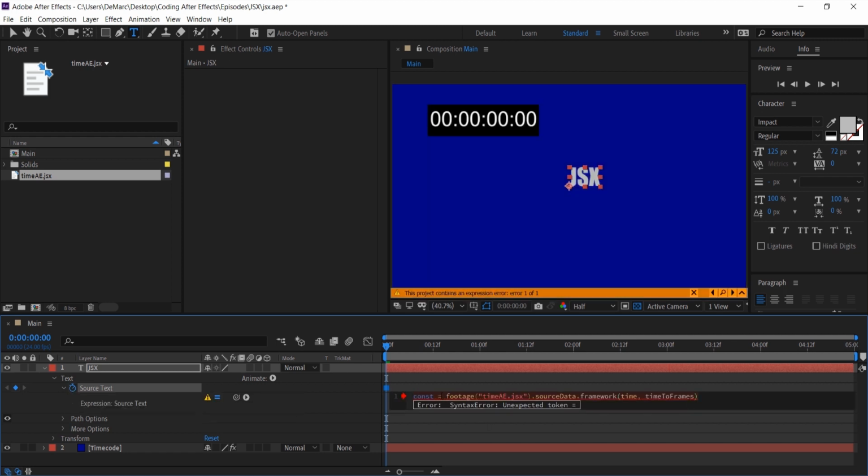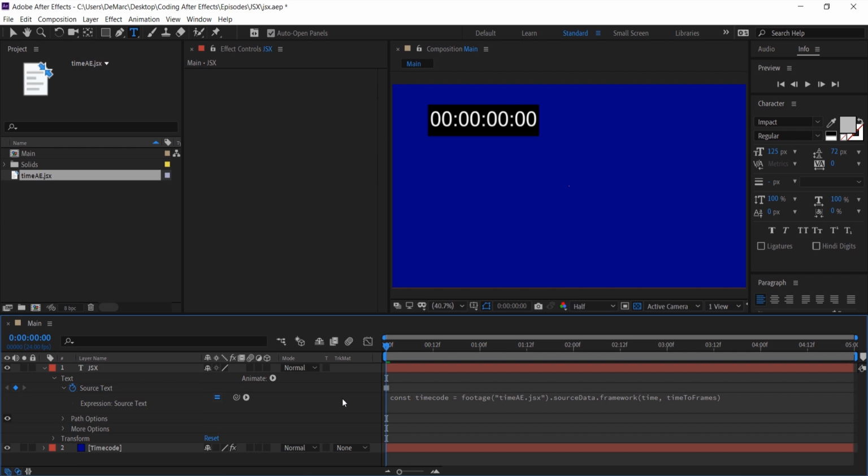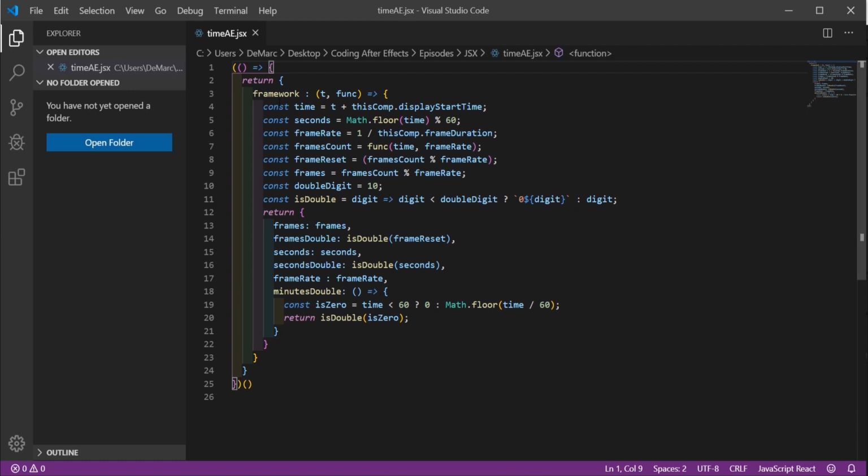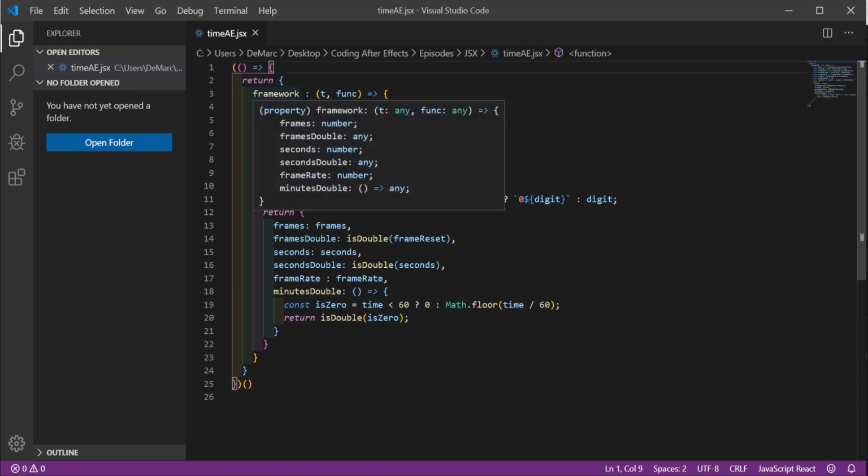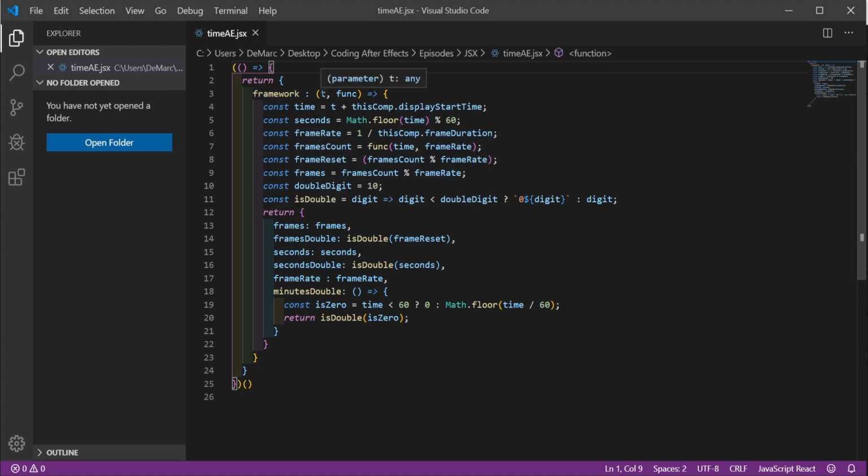Oh, I forgot to give my variable a name, so I'm getting an error right there. I'm going to name it timecode. So if I get out of here, that error should be gone. And this code, all it's doing is basically importing our JSX into the source text property. And where this framework is coming from, it's coming from our JSX right here. By putting dot framework, we're able to access it. And the time to frame function is just there, so we can use those properties inside